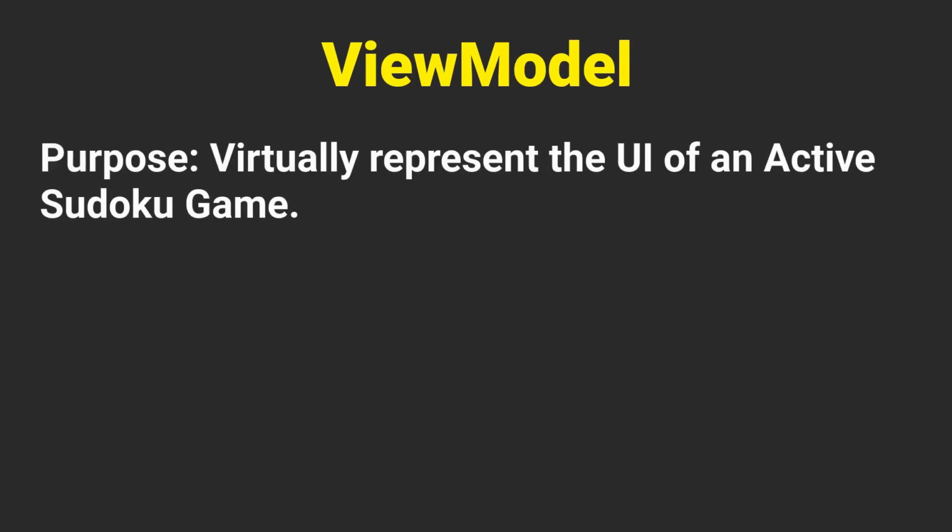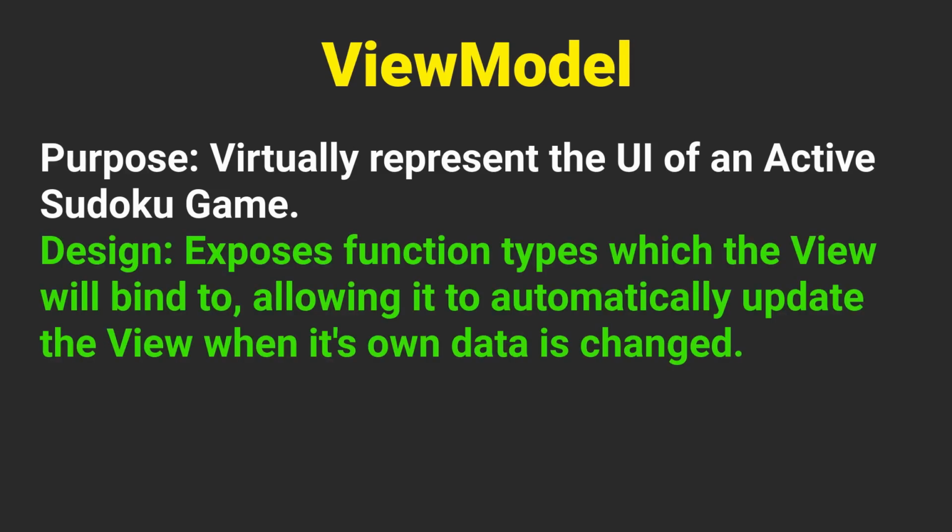The purpose of the ViewModel is also to do exactly what the name implies. It is a virtual representation of the user interface which the view observes. In simpler terms, it is a model of the view. It exposes function types, which is a very simple and easy stand-in for the observer pattern in situations where we don't require multiple observers. Each time our logic class updates, the ViewModel will automatically publish the new data to the